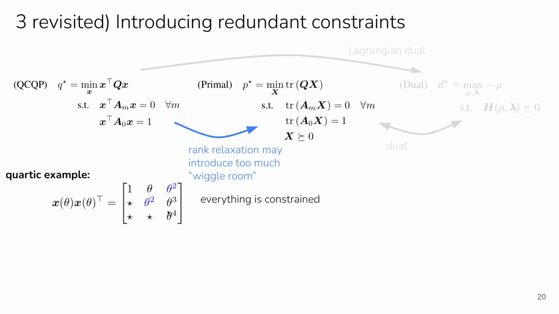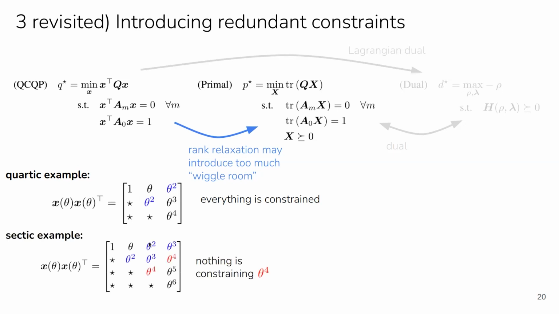In the quartic example, everything was fine, because if you look at the matrix X times X transpose, what's shown in blue are the variables that are constrained by our original constraints, the constraints in the QCQP. They're also called the moment constraints. And here everything is constrained, because we also know that the matrix has to be symmetric, so we don't have to say, for instance, that this element is equal to this one. So everything is constrained. But in the sectic example,